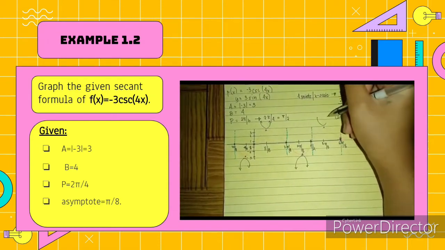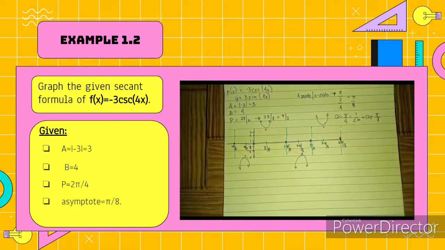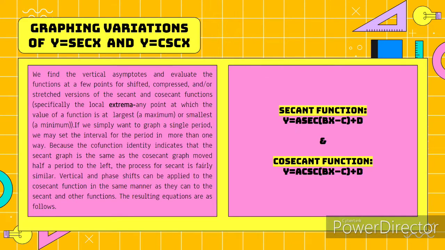So this is how the graph looks like. Graphing variations of equations for secant and cosecant functions. We find the vertical asymptotes and evaluate the functions at a few points for shifted, compressed, and stretched versions of the secant and cosecant functions, specifically the local extrema, any point at which the value of the function is at largest